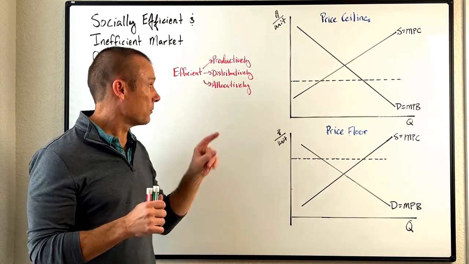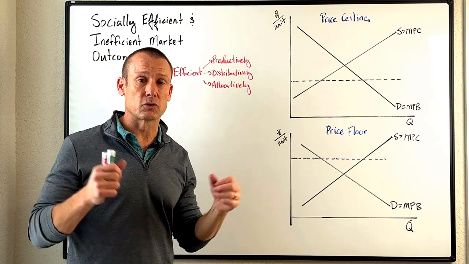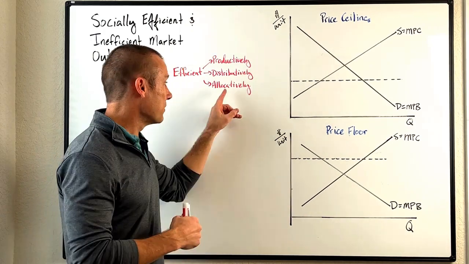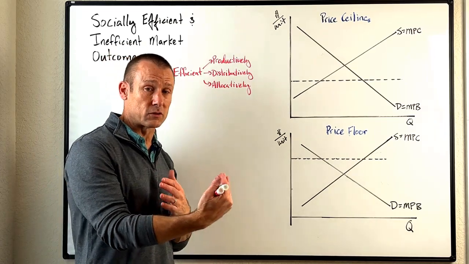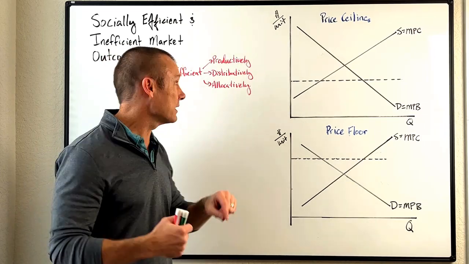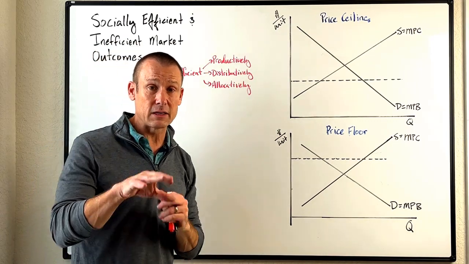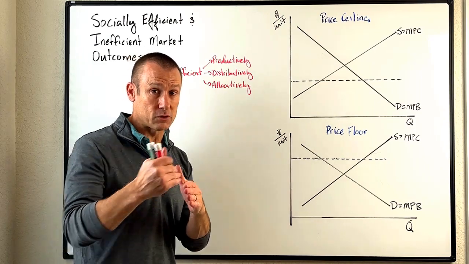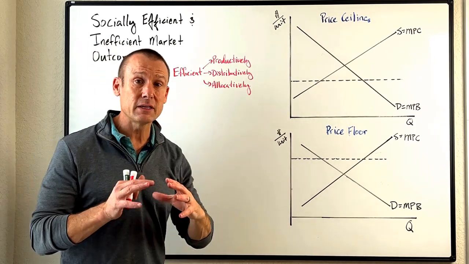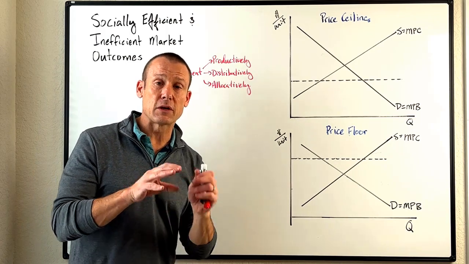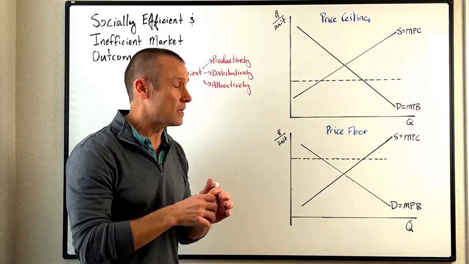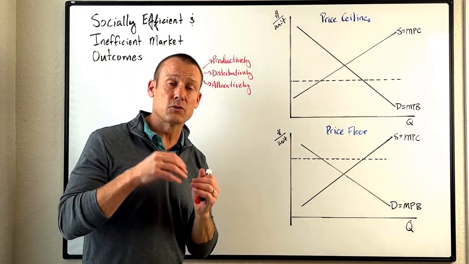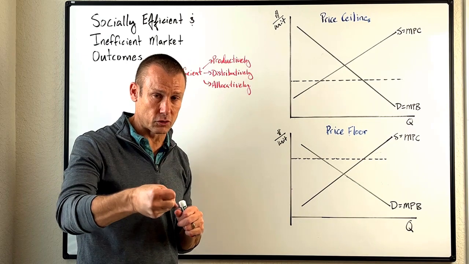Now, a lot of people will say allocative efficiency and maximum social surplus are synonyms. To me, they're actually not synonyms, okay? This is I've allocated the right amount of resources to the production of the good, but I still need to be productively efficient. I need to use those resources in the least costly way, okay? So that I produce the right amount of the good. And then I still need to distribute those goods so that they go to those who value them the most. I like to say you have to be all 3 of these, check mark, check mark, check mark, to get to maximum social surplus.